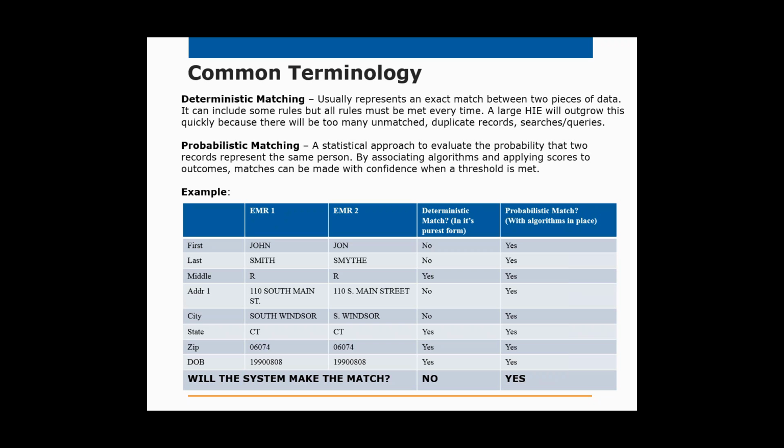So that's what your rules are doing. So you can see that in a probabilistic setting, it could in fact match those two and say, yes, they are the same. We've saved ourselves a whole lot of trouble with these algorithms because now we don't have two separate persons, two separate lives, as some HIEs will call it,